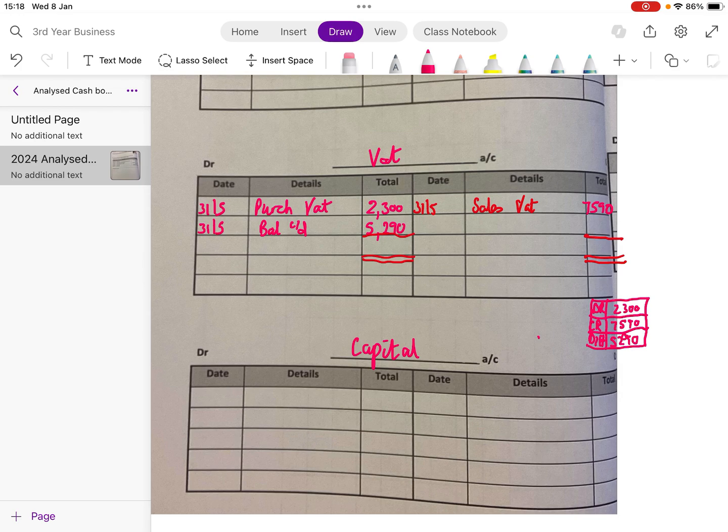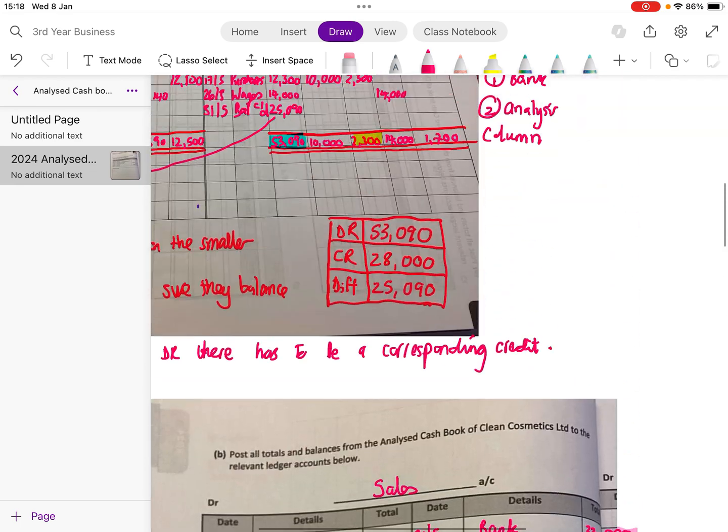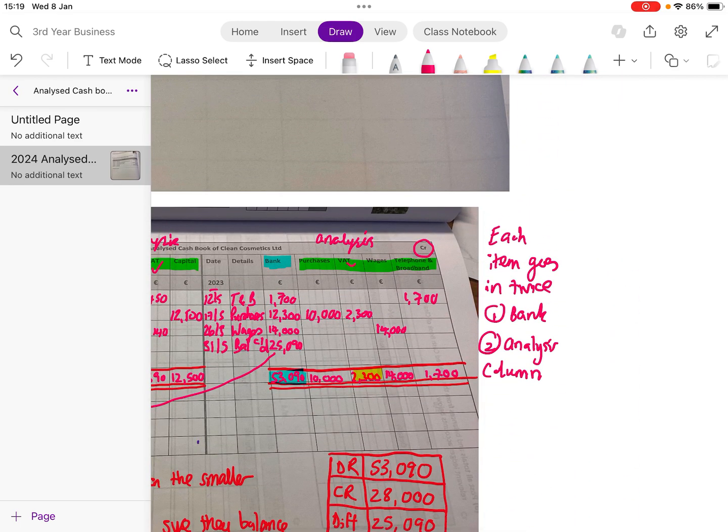And when I add these together now, I have 7,590, and over here I have 7,590. To finish it off, I need to bring my balance down. Same as I did to the other one. The balance, if it starts off on the debit side, I move it underneath the line on the opposite side as my balance carried down. So on the 1st of the 6th, my balance brought down is 5,290. Okay, that's the hardest it's going to get, girls, because actually all of the others are just one entry,